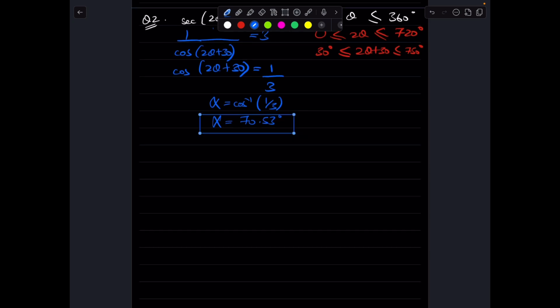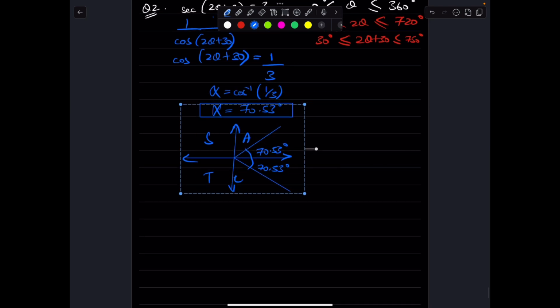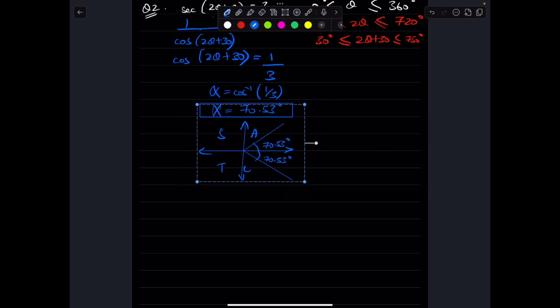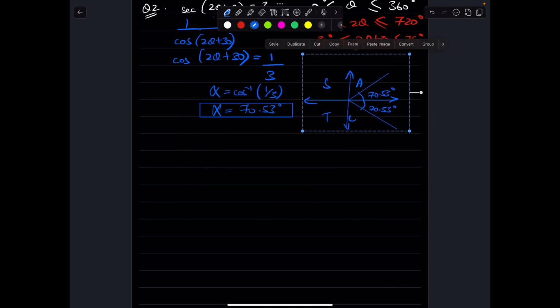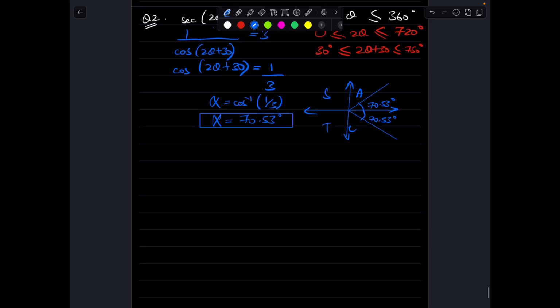This is alpha. Once you have found alpha, the next step should be plotting a graph of ASTC. This is what the graph would look like since cos is positive in the first and last quadrant, fourth quadrant that is. Then you proceed to find the final values of angles. Your final answer, that is. So from 0 to 360, we have